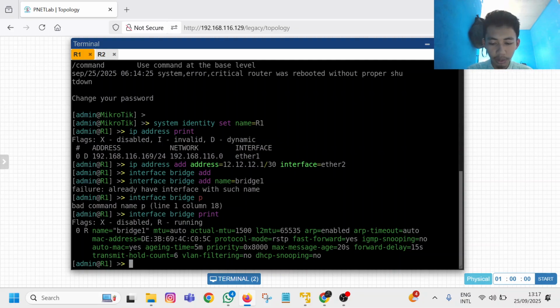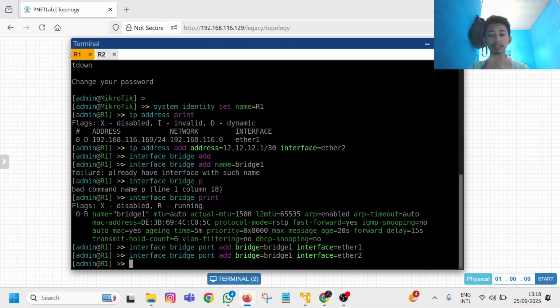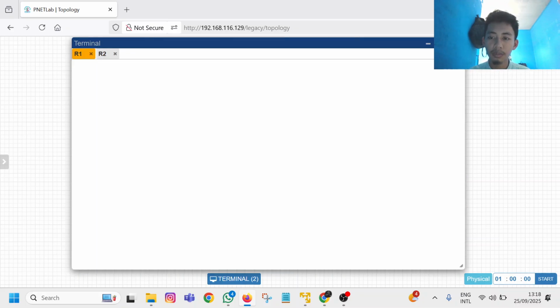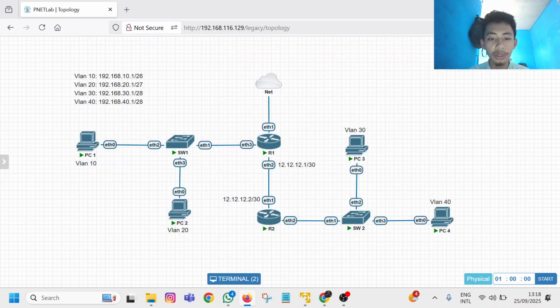Now after that, go to interface bridge, go to the port and click add. On the bridge, name the bridge that we already made, and don't forget to insert the interface ether 1 and ether 2 to make this connection, from ether 1 to the internet, and ether 2 we continue to ether 2.